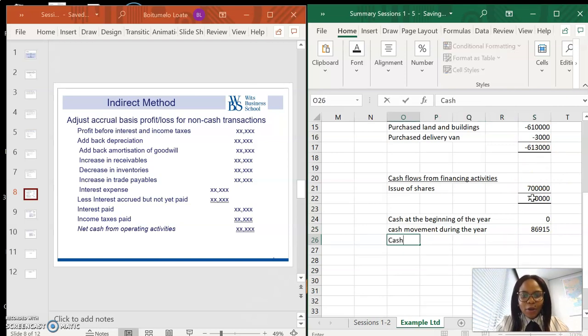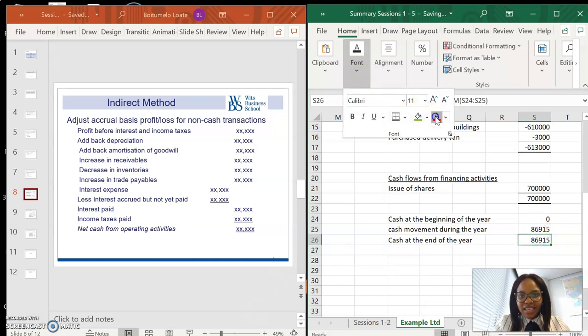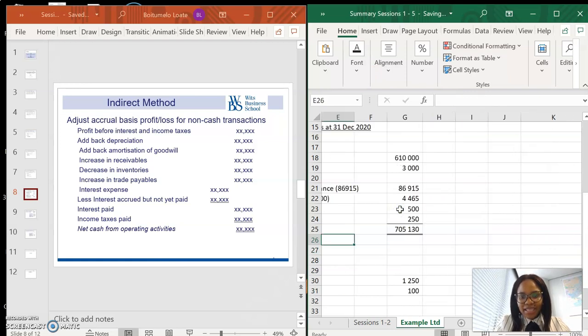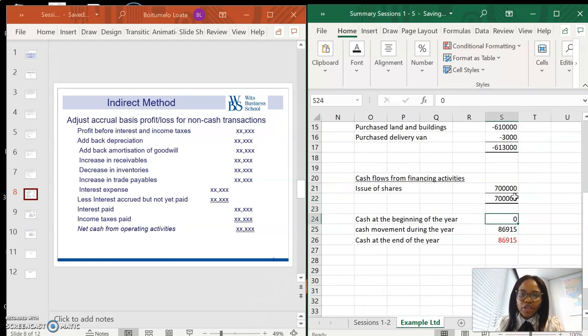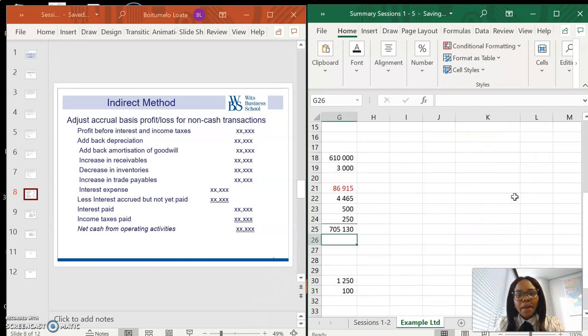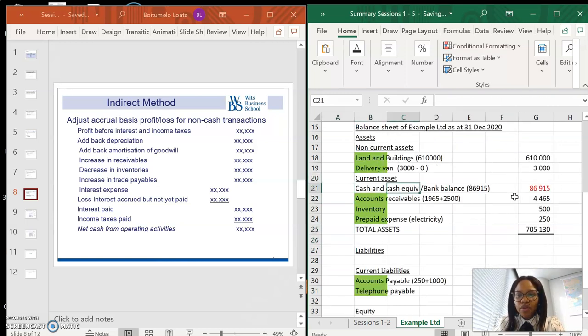That makes sense to me because my cash at the end of the period is sitting, you sum up this opening and the closing balance, which is 86915. I'm happy. This amount here totals the exact same cash balance that is sitting in my balance sheet here of 86915, which makes me very happy, which means my cash flow statement has also balanced. Okay, so remember to also reflect your cash at the beginning of the year, your cash movement during the year, and you also then need to reflect the cash at the end of the year. And this needs to sum up to your balance sheet item, which is your cash and cash equivalent balance here